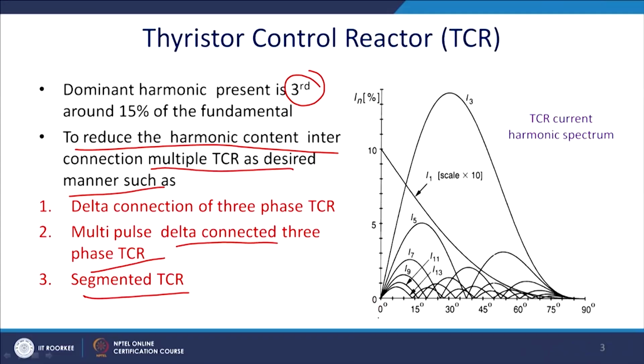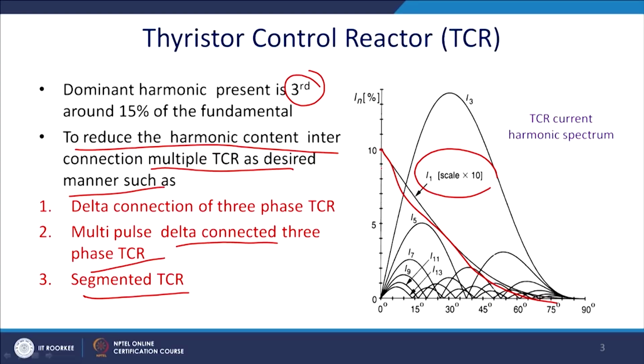See that on the x axis is plotted the delay angle alpha, and this is the strength of the different kinds of harmonics here. This is the scale of I1, the strength of I1 multiplied by 10. We can see that this is the I1, it will be gradually going down. Please recall our expressions in the case of the fundamental. That will be the same, and the third harmonic strength